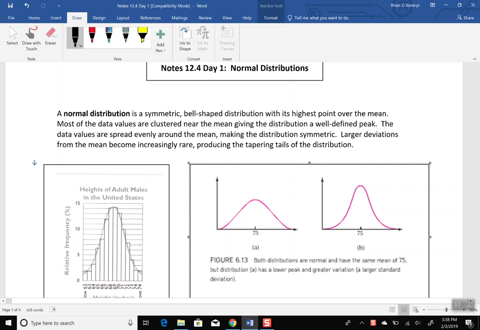We find that things are symmetric about what we call the mean, so that's the center, the average. So there's some average number, and then things are normally distributed. There's a little bit bigger, a little bit smaller than the average, and as you get more and more extreme towards the ends, like extremely big or extremely small, there's less and less of those.